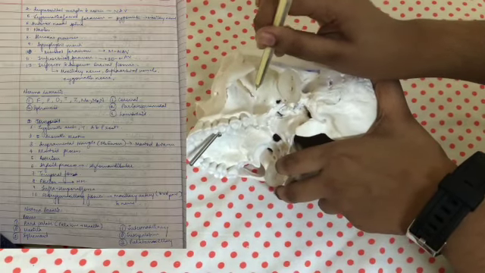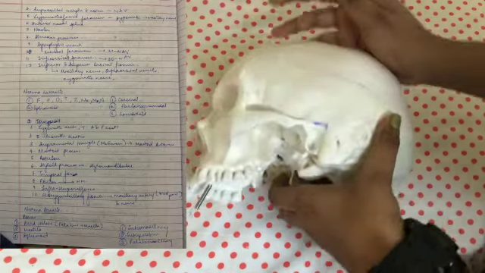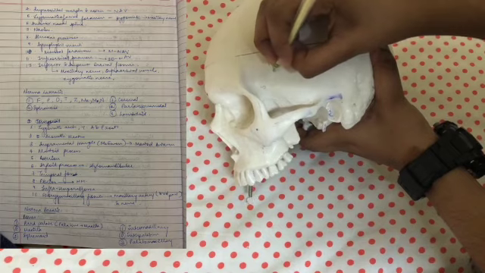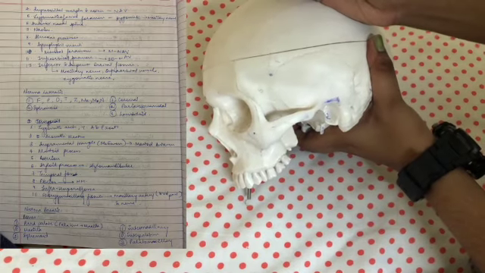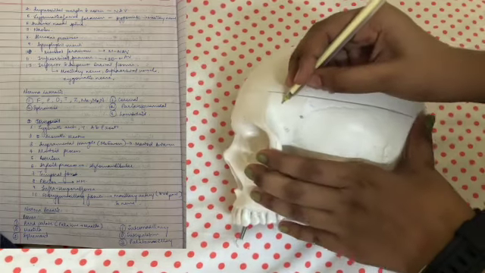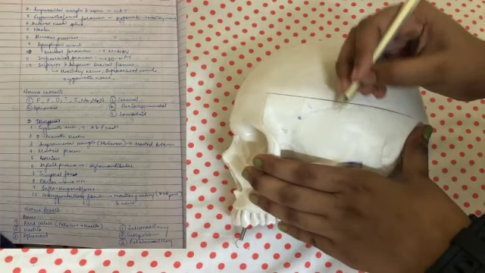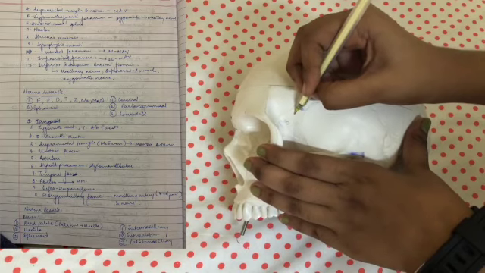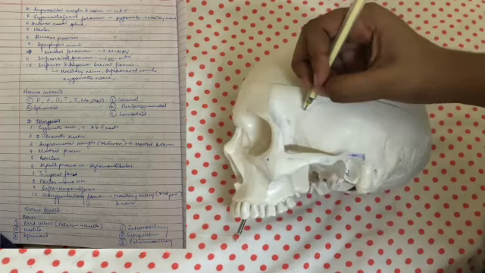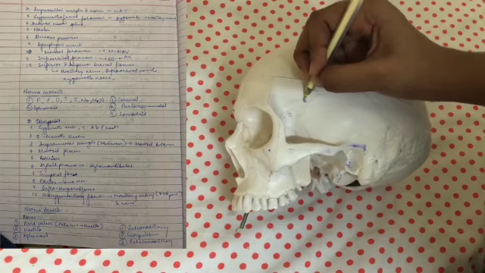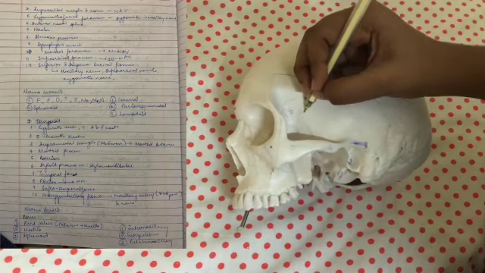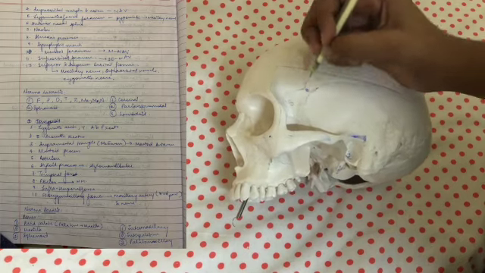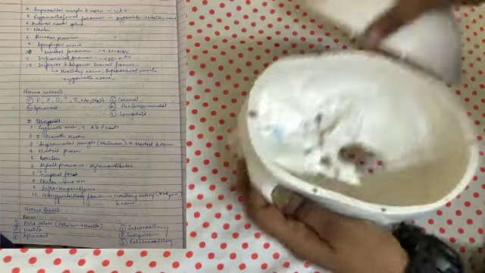And then we have pterion. Pterion is another very, very important part. So the pterion here is the part where the four bones, that is frontal, temporal, parietal, and here the greater wing of sphenoid. Sphenoid is the other bone that I was talking about. All these bones join and it's almost H-shaped, if you can see. So pterion is important because right behind pterion you can see the middle meningeal artery.